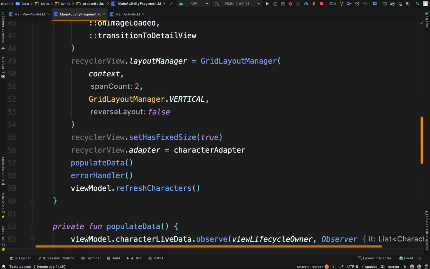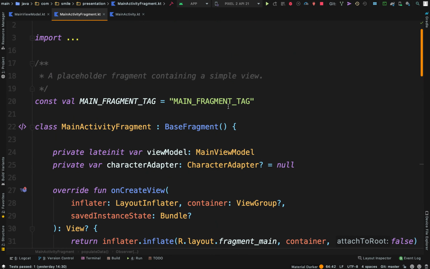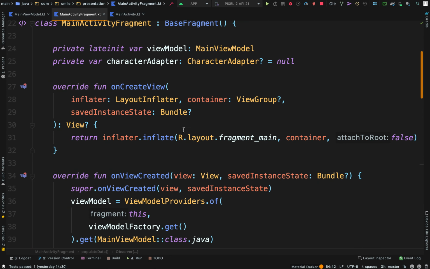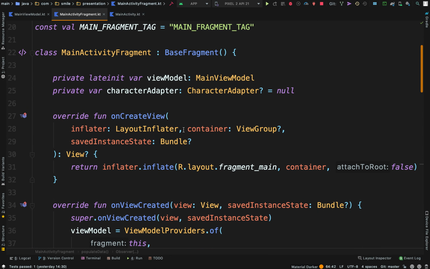And why it's important for us to make our presentation layer as dumb as possible is, in future, maybe your product owner, your designer, or the person who controls the features of your program says, okay, we need to change how this view looks. You don't need to now start duplicating or trying to copy out computations you've done within your fragment. All you do is you go and build up a new